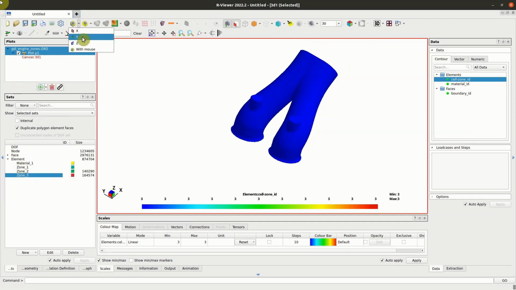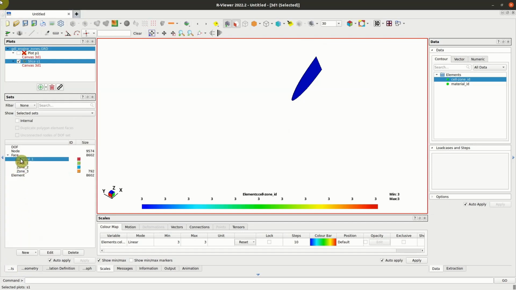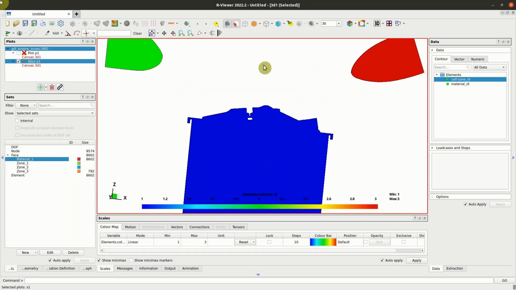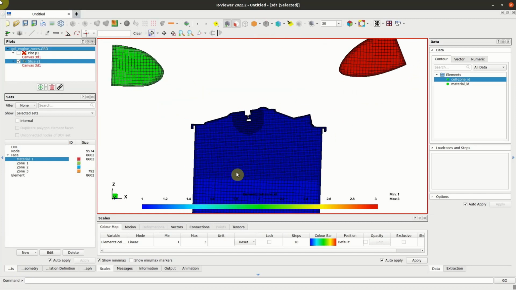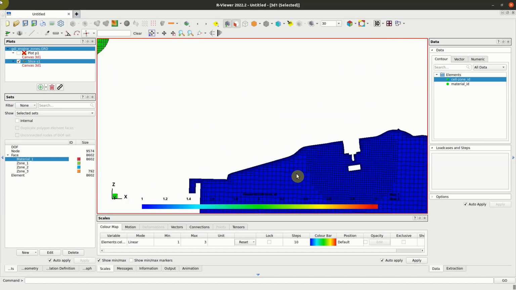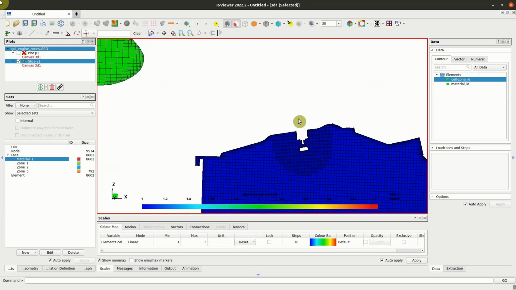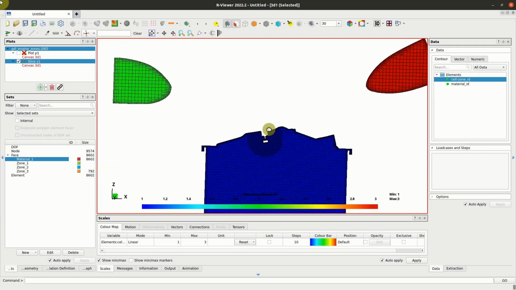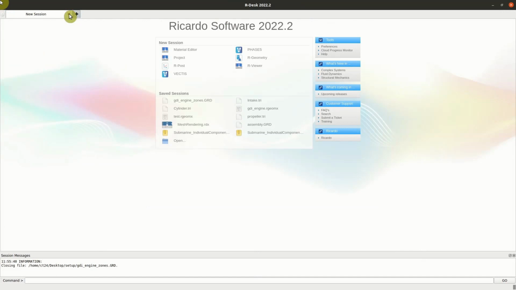Finally, we can take a slice through the domain and look at the mesh to see that we have our refinement at the top of the cylinder, fine cells around the flame face, and a spherical refinement around the spark body. The mesh is now ready, and we can move on to the setup. Let us close our viewer. The setup starts in a new VECTIS session,